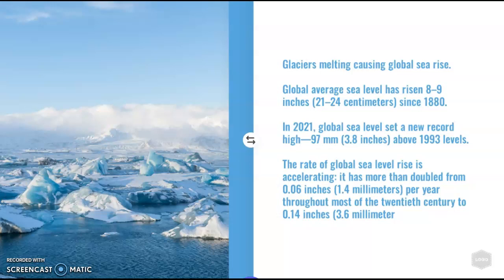By the end of the century, global mean sea level is likely to rise at least 1 foot above 2000 levels, even if greenhouse gas emissions follow a relatively low pathway. In some ocean basins, sea level has risen as much as 6 to 8 inches since the start of the satellite record. Regional differences exist because of natural variability in the strength of winds and ocean currents, which influence how much and where the deeper layers of the ocean store heat.